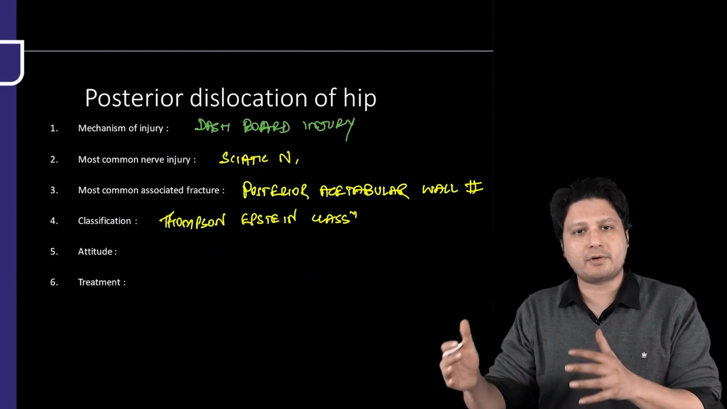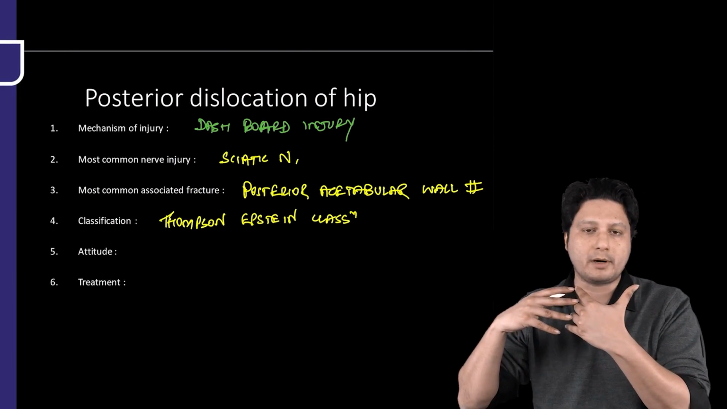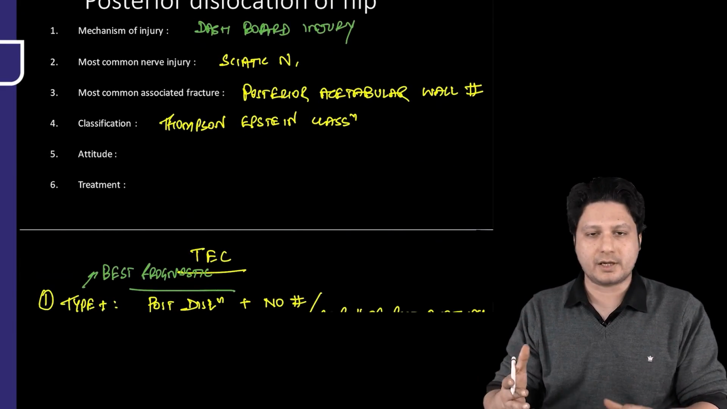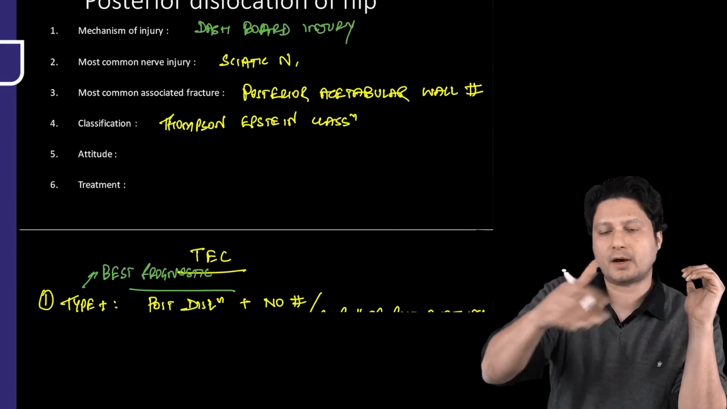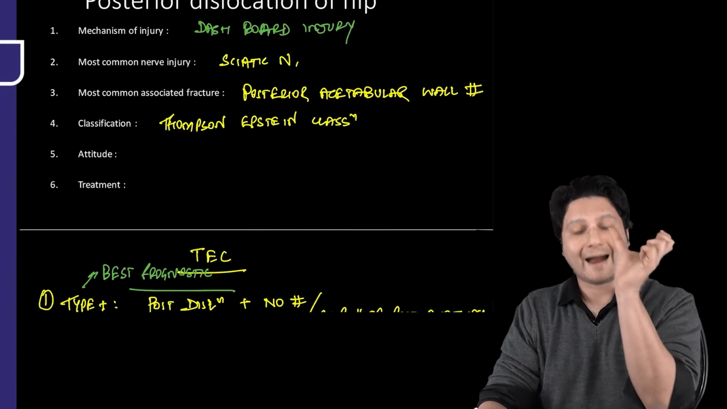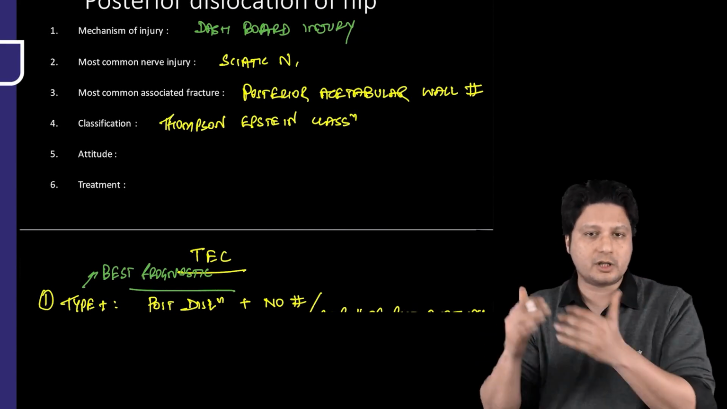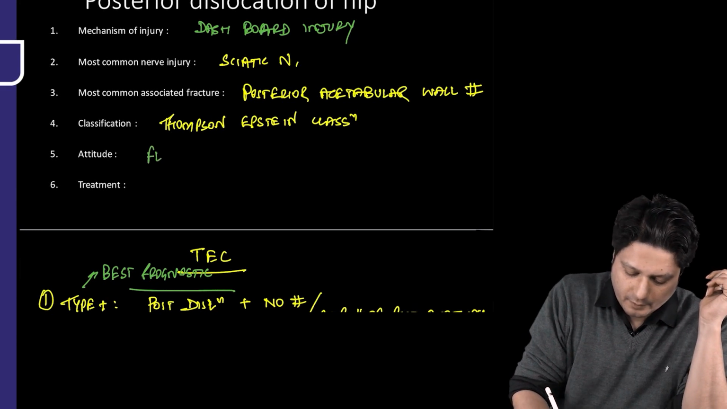So what all we have discussed: the first one is the mechanism of injury, the most common nerve injury, the most common associated fracture, and the classification. Then the fifth point is considered to be the most important point as far as this type of dislocation is concerned. And that point is what will be the attitude of the patient presenting with this posterior dislocation of the hip. The attitude will be that of flexion,